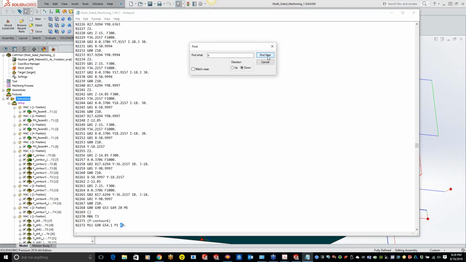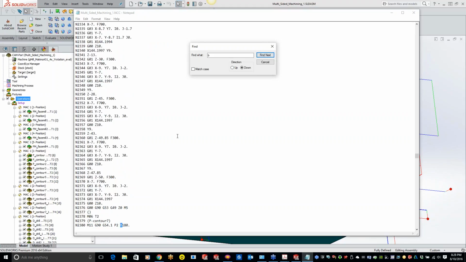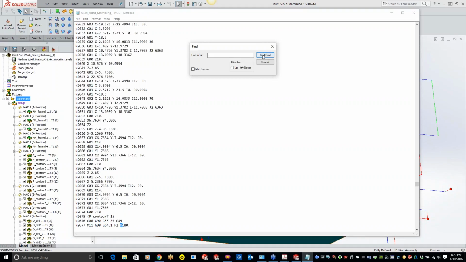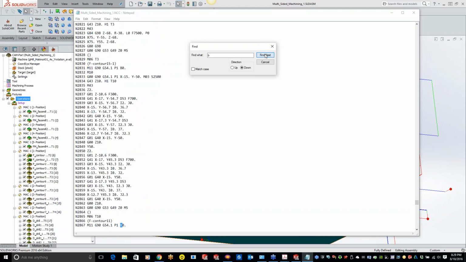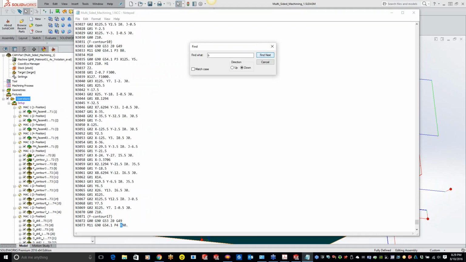B0 again, staying on the B0, B180. Now, even though we're staying on the same B axis, if you guys don't want to see it repeat in there, we can take that out of the post for you too. So there'll be no repeats going through. Up here was B90, B90, B90, then B180. It would just be B90, and then it would come down to B180. So B0, and you can see all the different work offsets we're going through here as I do the rotation. So we're on P1, P2, P3, P4, and that's the end of the program.